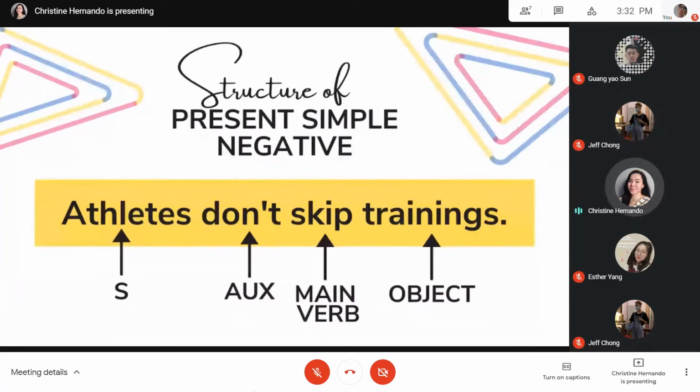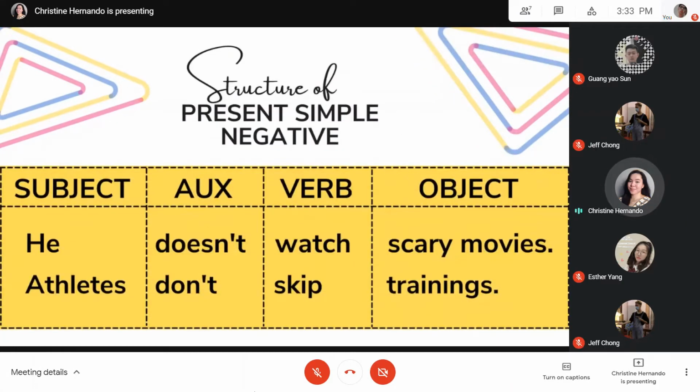Okay, so thank you, Jeff. So Jeff is correct. Athletes is our subject in this sentence, and it is followed by the auxiliary verb don't, and then it is followed by the main verb skip and then the object training. So very good. So this is how we group the words in the previous example according to the structure of